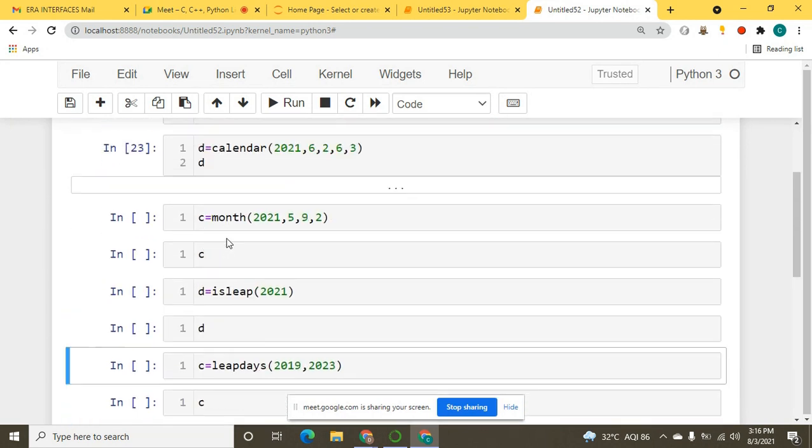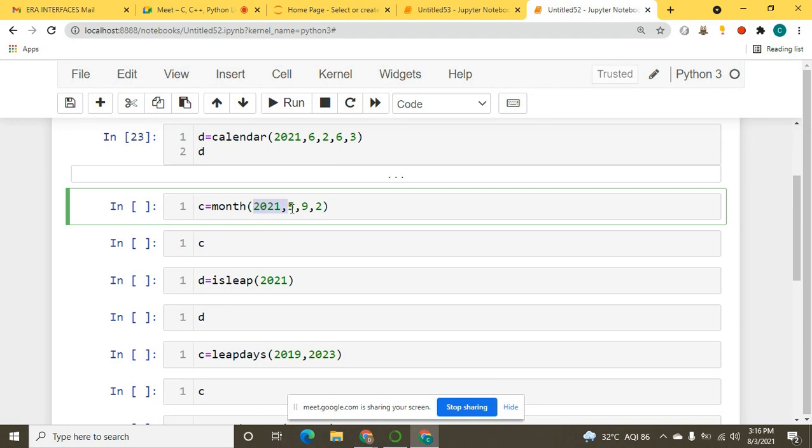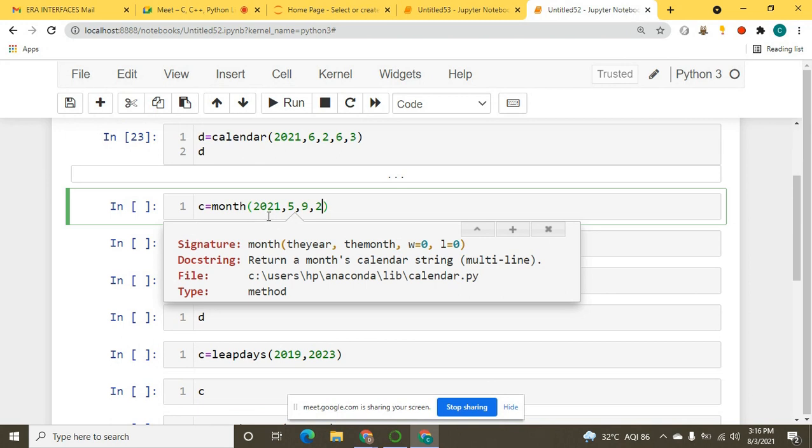Now, if I want to find out the month, here we will pass the month and the year. Based on that, I pass the width and length of that month. It means whatever month you are going to display here, the width and length of that month should be in that range.